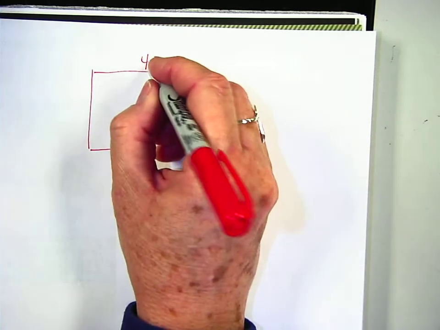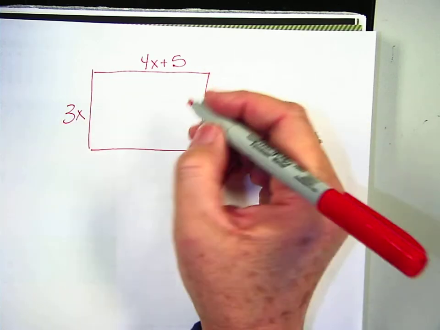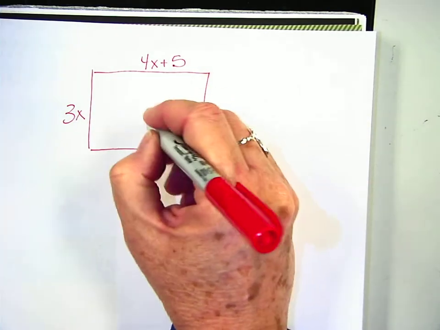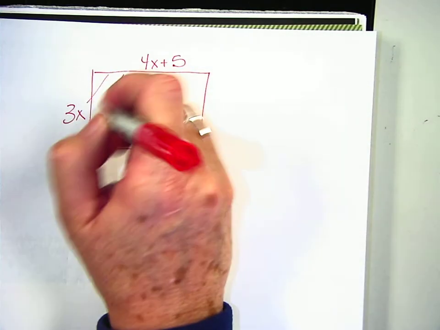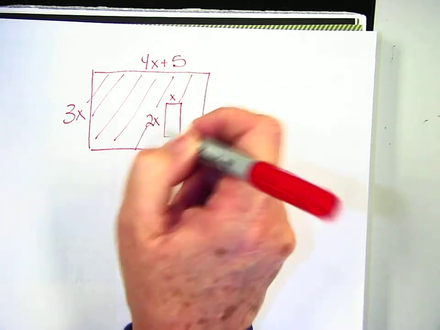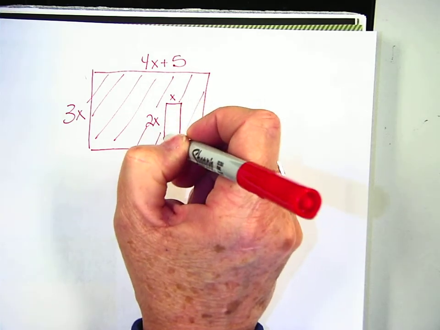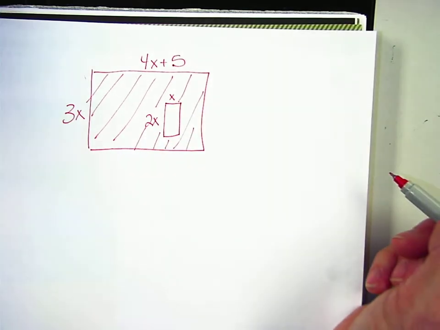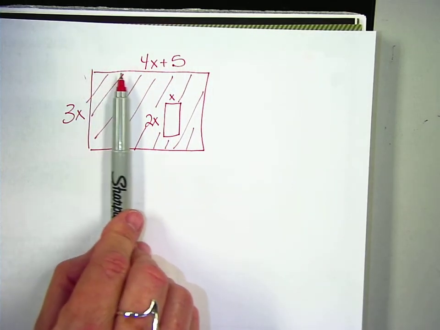All right, number 11 is the 2 rectangles. One looks like this, and this is its length and width. And then a smaller one looks like this, and this is its length and width. And I want to know the area of this shaded part only. So it's this entire big rectangle with this chunk removed? Well, first I can get the area of this entire rectangle here by multiplying the length